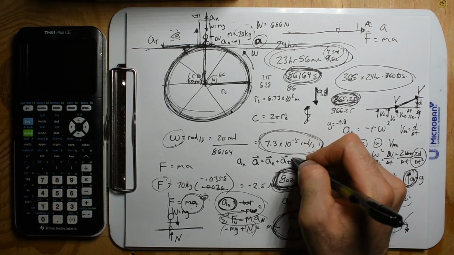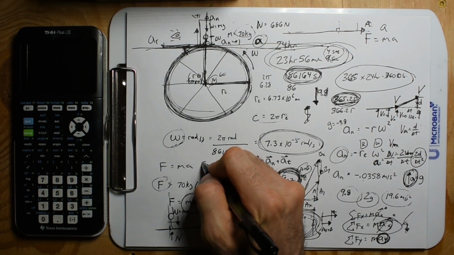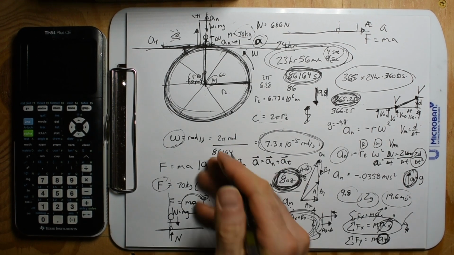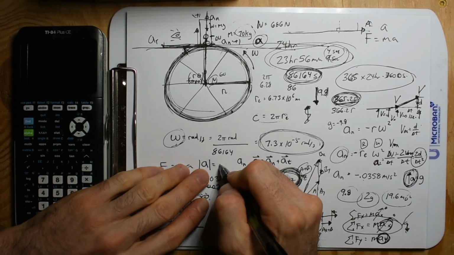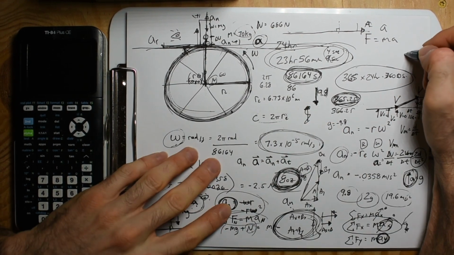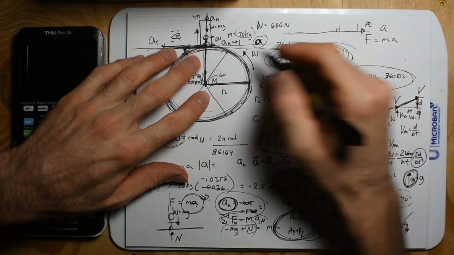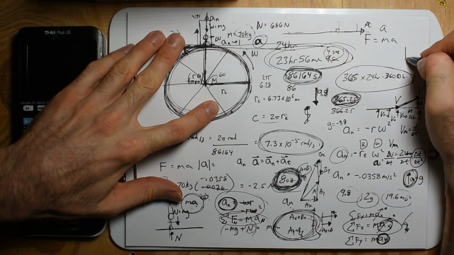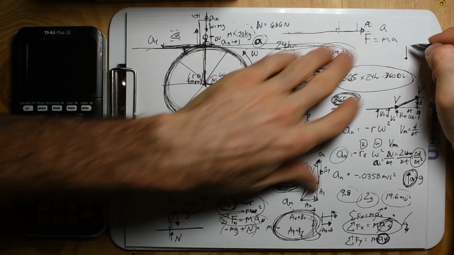They'll just be in different directions. But if you want the total absolute value of your acceleration, that's just Pythagorean's theorem. And that's kind of fascinating that, yeah, in this case, I have an acceleration due to gravity, and then,